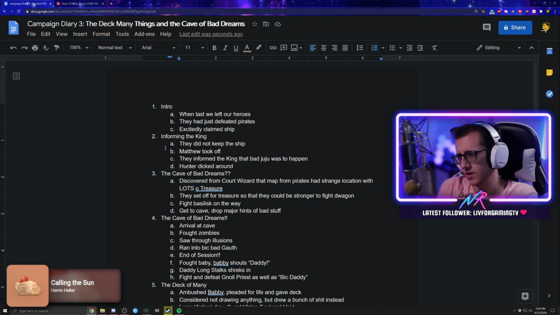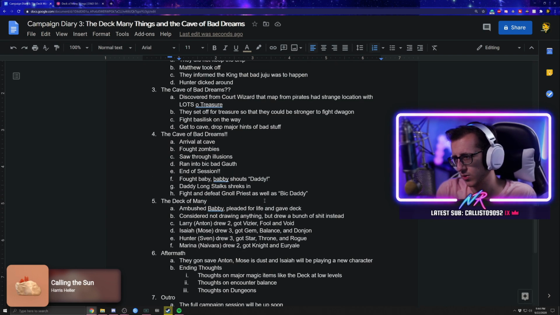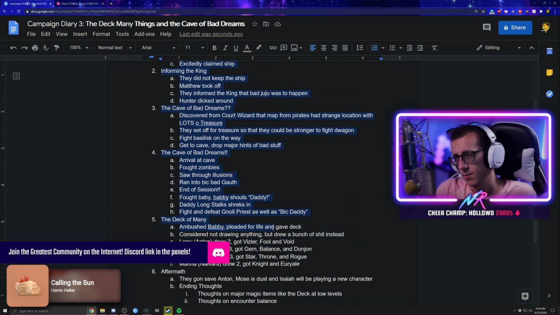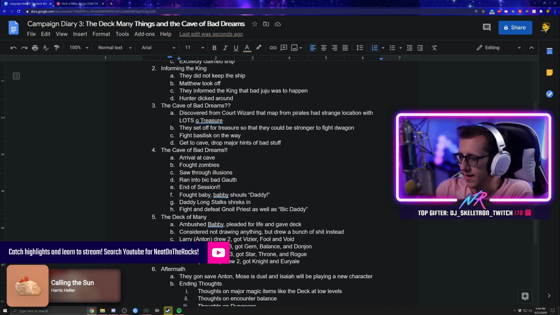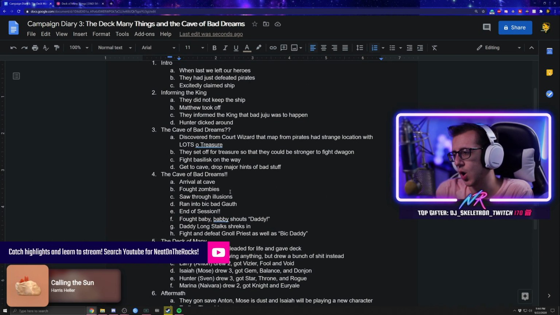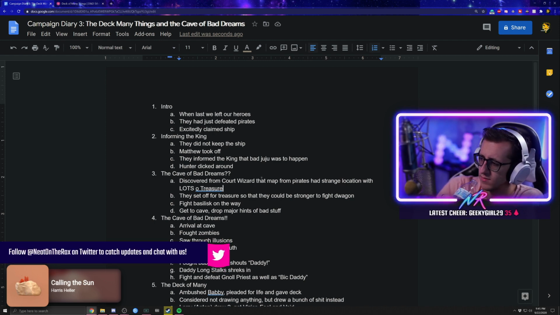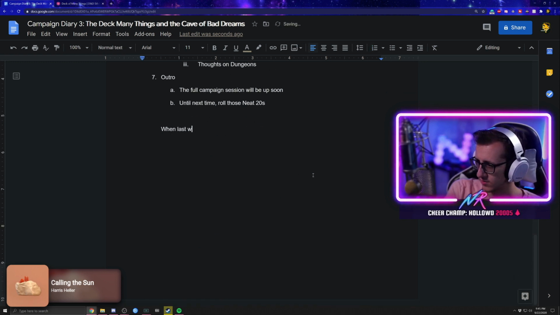Okay, so we just finished our outline, and now we're going to take this outline. I made this a little bit more thorough than most of my videos, probably because I tried to think about everything that happened during these two sessions. So I'm gonna basically go line for line in this outline and pretty much script it out directly from what I have noted here. Okay, so first of all, when last we left our heroes,